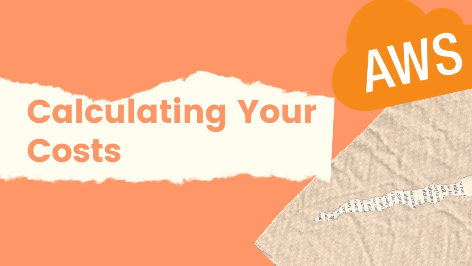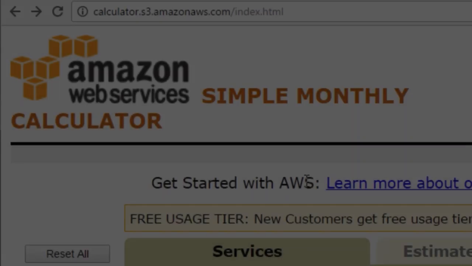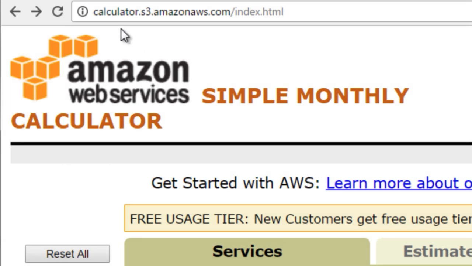Hello, and welcome back to our Lesson 2, which is calculating your costs for your monthly budget and potentially your yearly budget. Okay, so now what we want to do is head on over to calculator.s3.amazonaws.com/index.html. So once you enter that, you'll be sent to this page, and we can begin to budget your monthly